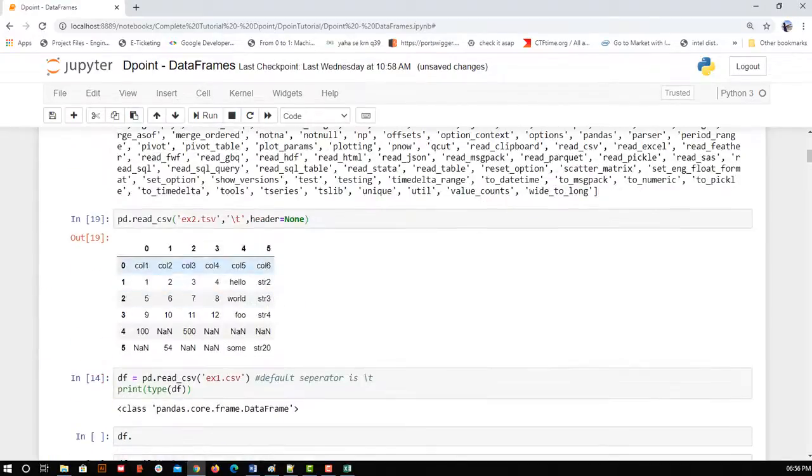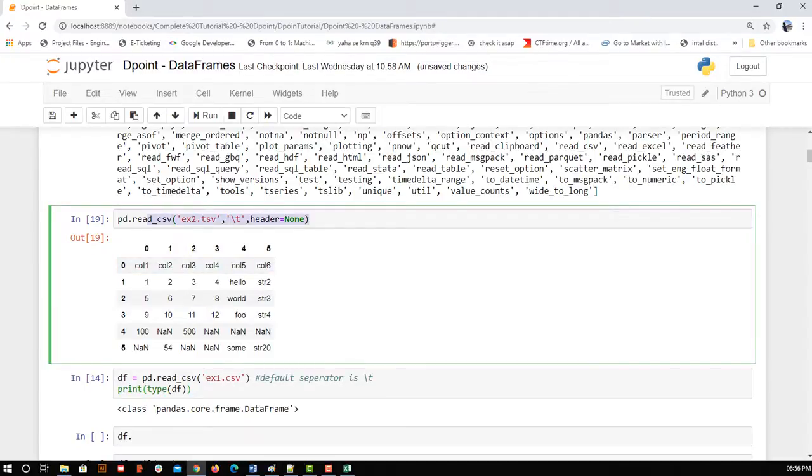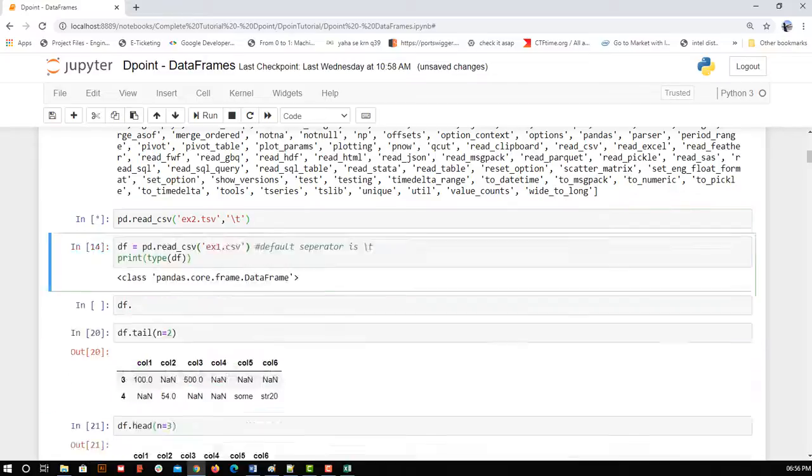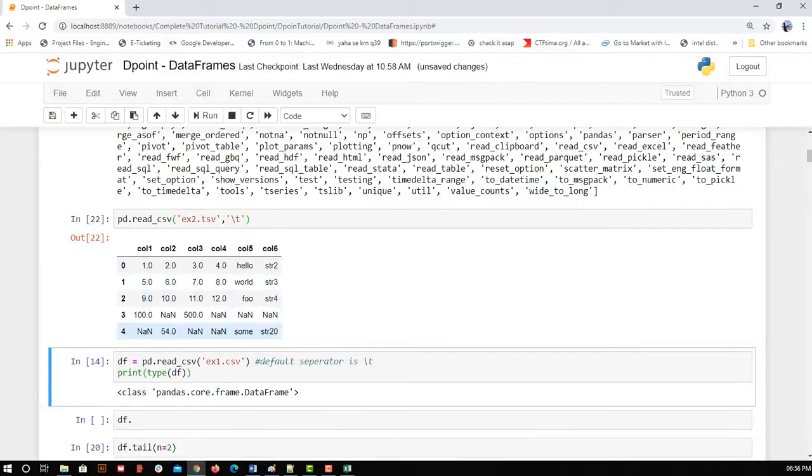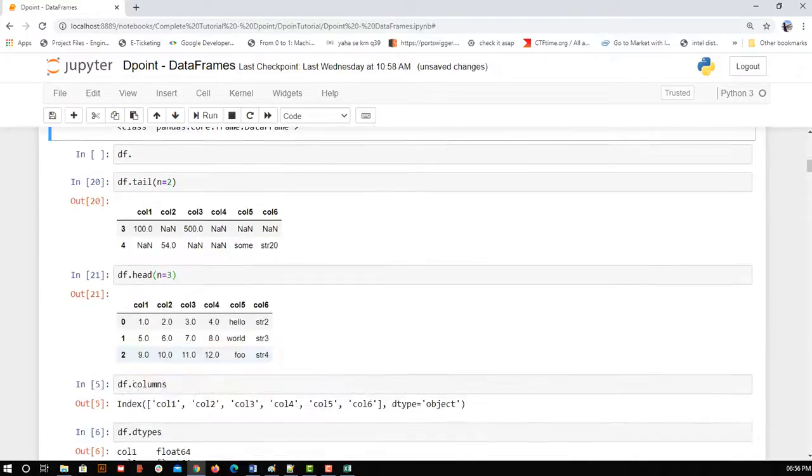If you can see, my total data set was this. So this complete data frame is my data set. This is not stored, it was just an example. So I am storing this content in my data frame. Header is equal to none, I am not using, I am using this. So here my first 3 records will be 1, 5, 9. You can see that is what I fetched.